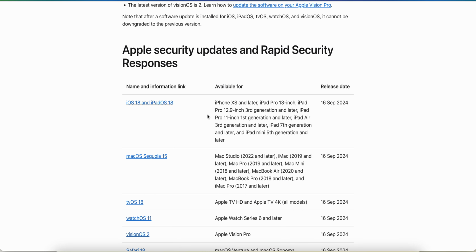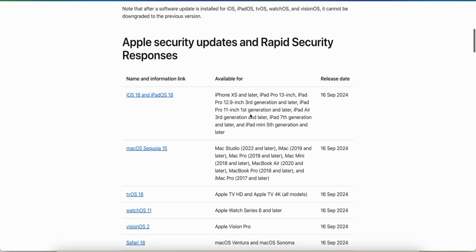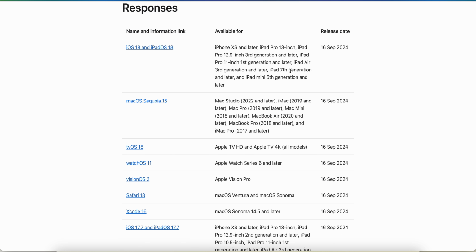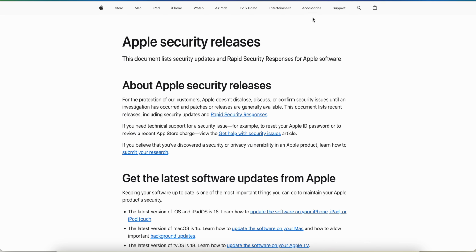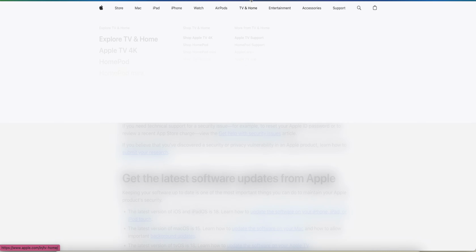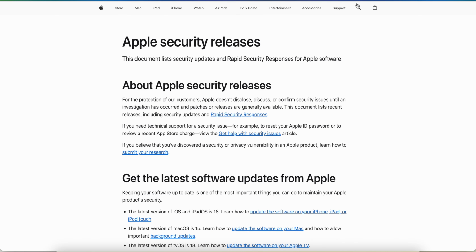So you can see here iPhone X, iPad, okay. So these are what you can put here, but only iPhone 15 and 16 are coming with Apple Intelligence, right? So if you just search here